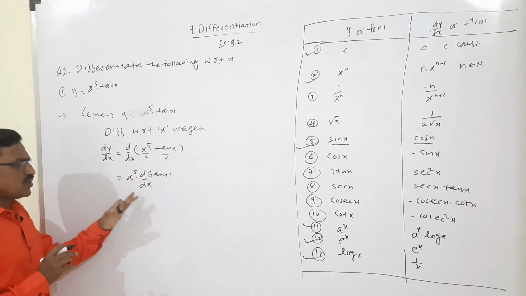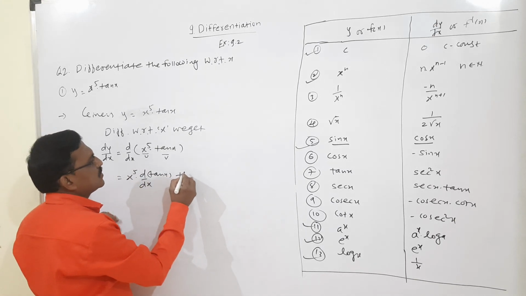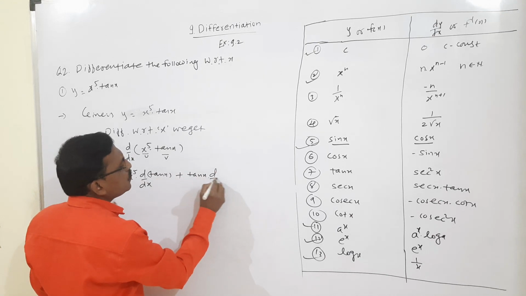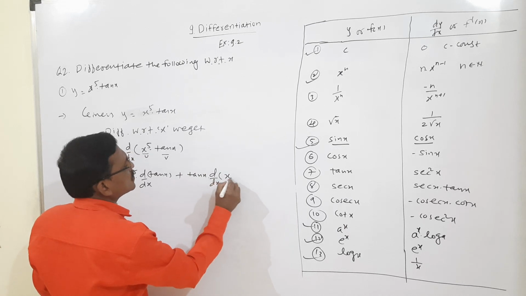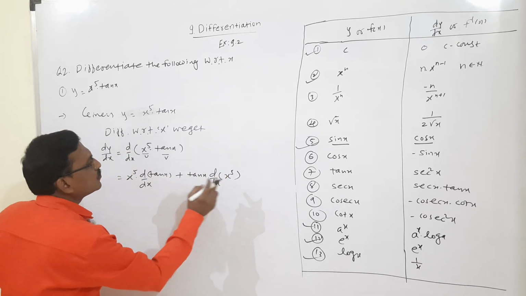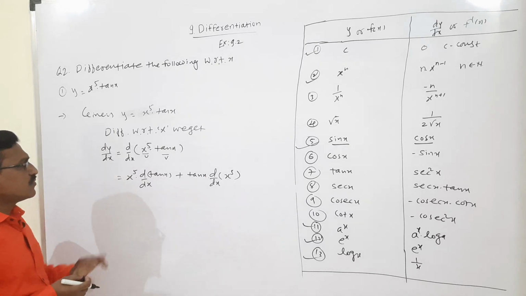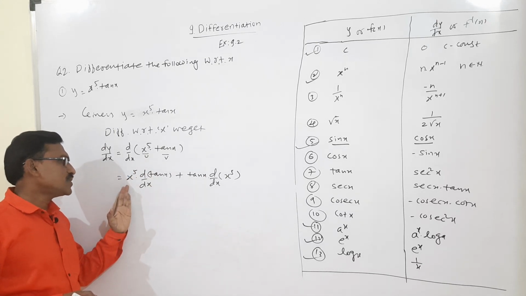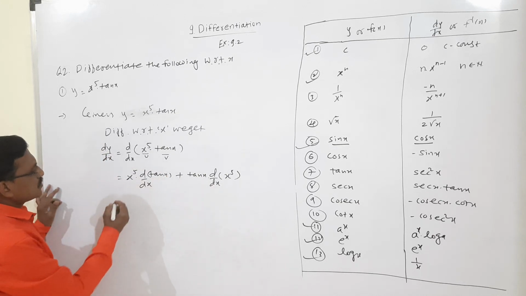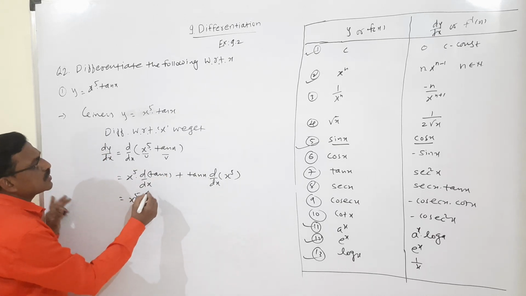So u as it is, derivative of v, plus v as it is into derivative of u, here x raised to 5. Or otherwise, first function as it is, derivative of second, plus second function as it is, derivative of first here. So therefore x raised to 5 as it is, derivative of tan x,